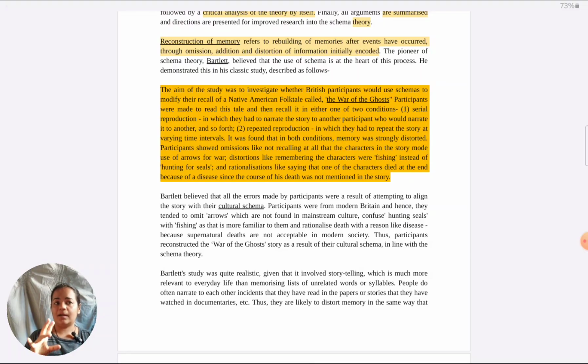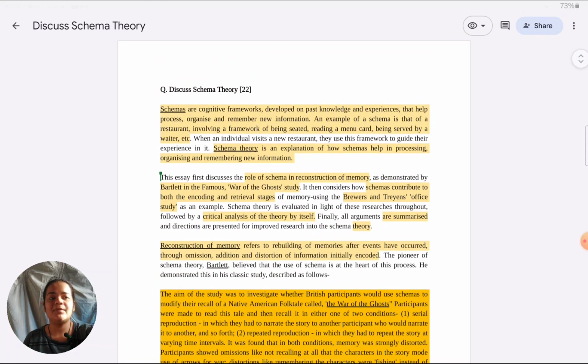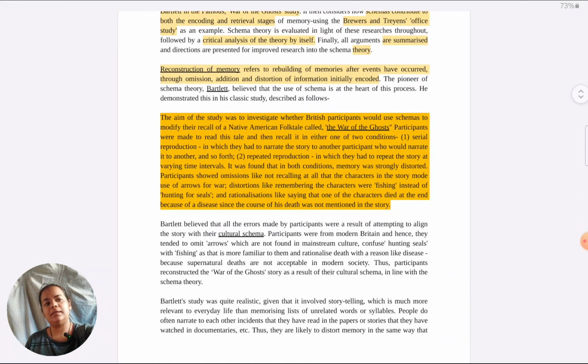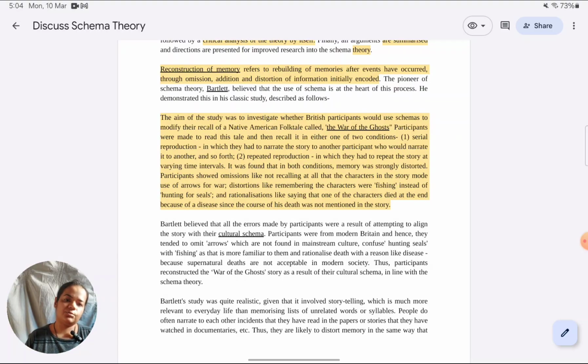Second is because other questions can also come, and in the classes we practice questions for all topics, but we are not able to cover literally all possibilities. Like if we've done discuss schema theory, for evaluate research on schema theory, contrast doesn't come generally for schema, but for those evaluation types we just prepare outlines, because repeatedly writing such long essays is not possible. So if they write more details, such as on the study, you could cut down a little detail, but it just helps with the other questions. That's why I tell students to practice this.